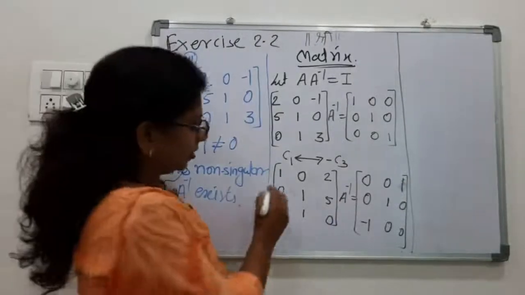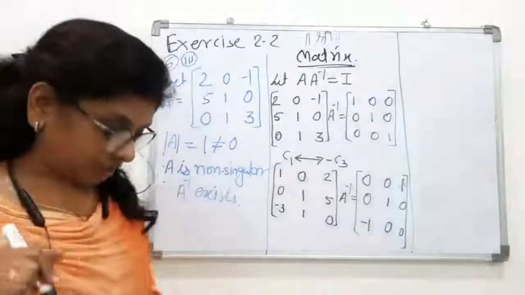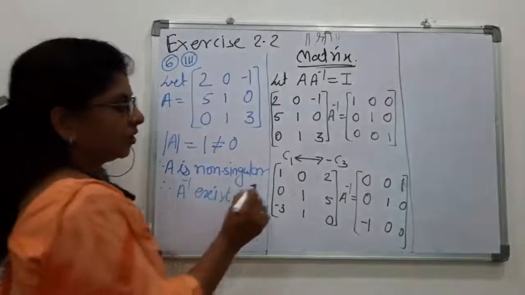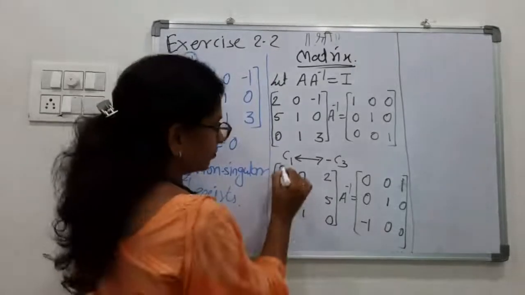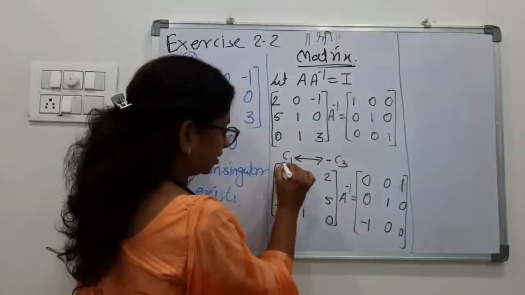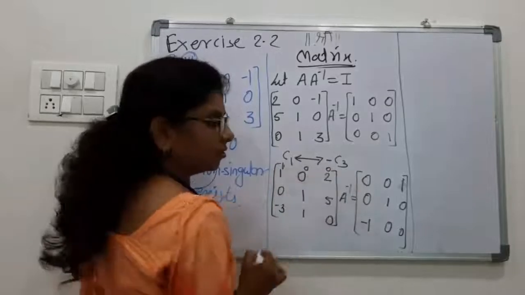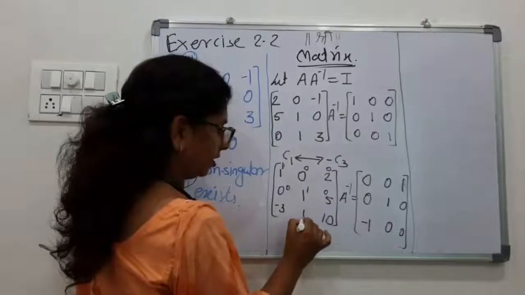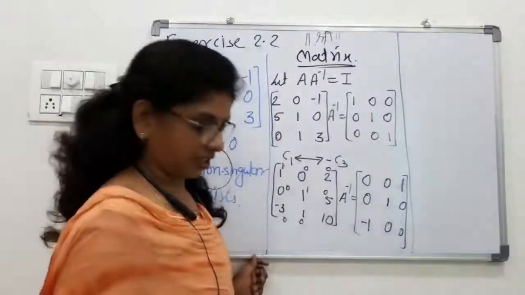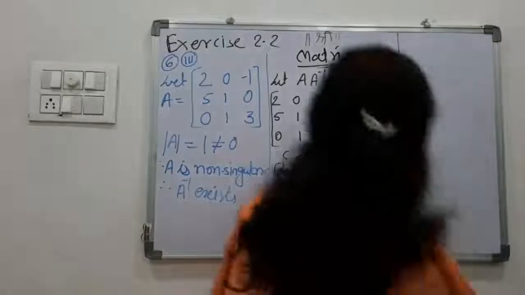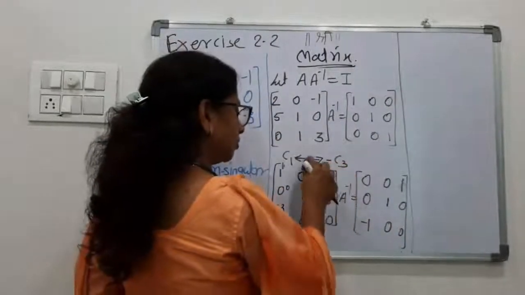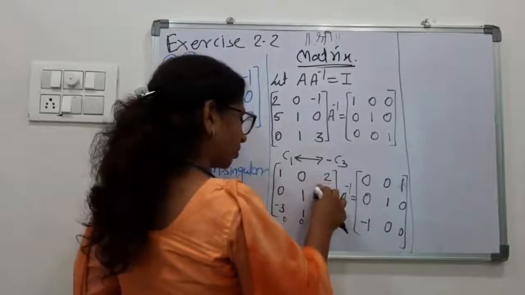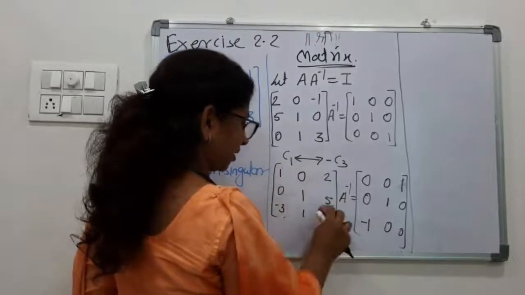Now students, here one we got. Now because we are dealing with the column transformation, we have to go row by row. Means first 0 here, for 1 here, then 0 here, then 0 here, then 1 here, then 0 here, then 0 here, then 1 here, then 0 here, and then 0 here. In this way. Understood? When column transformations, then go row by row. And when row transformations, then go column by column. Always keep this in your mind.